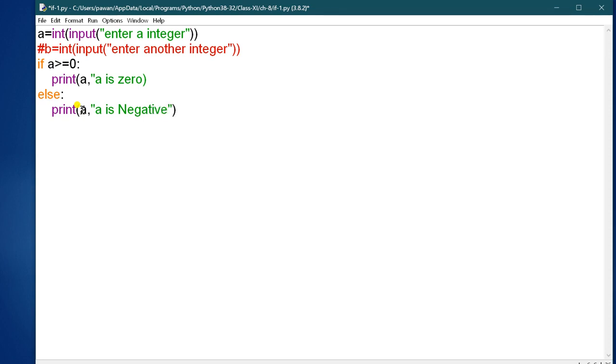So if a is 0 or a positive number, done. And it says a is a negative number if the number is less than 0.